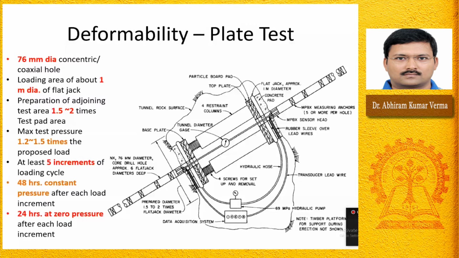Now this cross is showing you the point at which we are fixing one of the rods, or anchoring the rod at various locations in the borehole. So maybe at a certain depth, D1, into the borehole, then D2, D3, D4, D5. So in this case, you will see this MPBX is anchored at 5 different locations. So it will be known as a 5-point borehole extensometer. If it is anchored at only 2 points, it will be a 2-point borehole extensometer, like that.